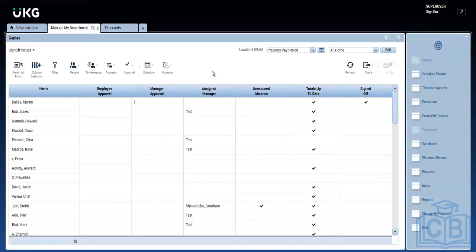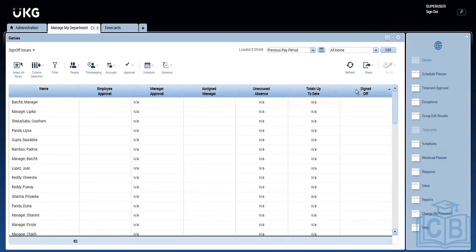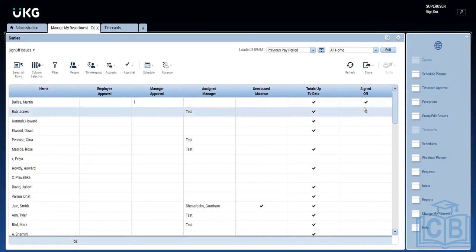This is where the payroll people will come in and see. Before running their payroll, they will come and see whether all the employees are signed off. They need to go and check each one individually. They can come to this DINI and click here, sort by this column, and it will give them the details.